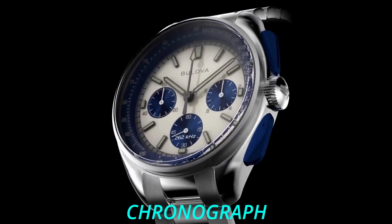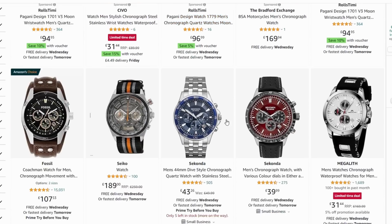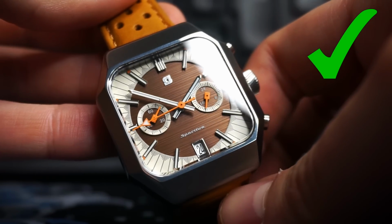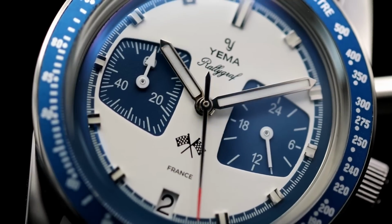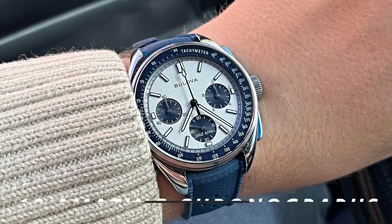The chronograph, in my opinion, is the hardest slot in the collection to fill. There are a lot of affordable chronographs out there, but most of them suck. But it is indeed possible to find a fantastic chronograph watch under $500. It is hard, but it can be done. So to save you the effort of having to find them for yourself, I've compiled this list of 10 incredible